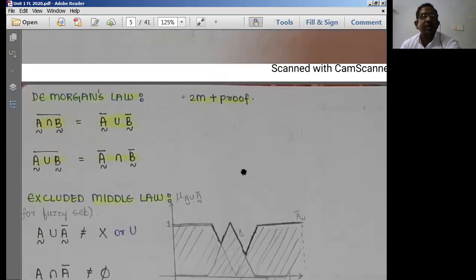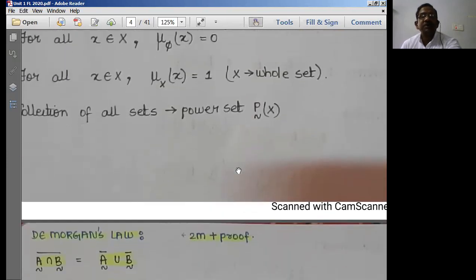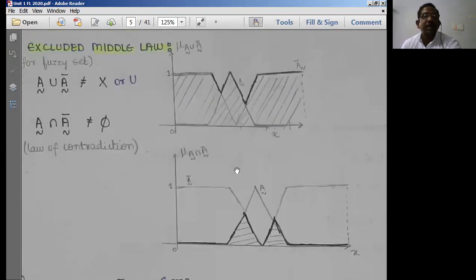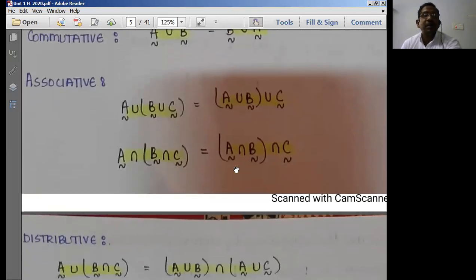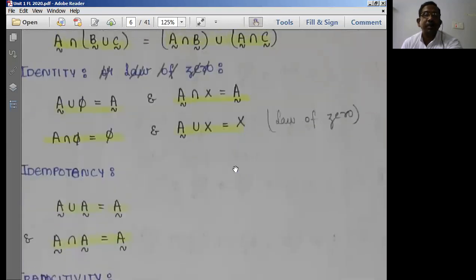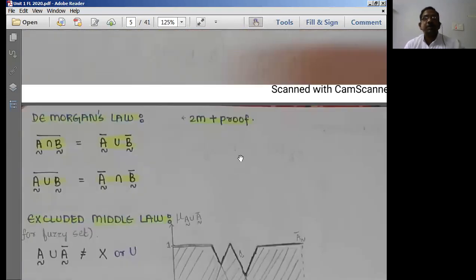Okay, so in the next class we'll go with some of the laws like De Morgan's laws and some of the properties of the fuzzy set like the commutative property, associative property, and distributive property of fuzzy sets. We'll discuss more on these particular properties. So we have the basic theory regarding fuzzy sets, and we have the operations on fuzzy sets, and we have the properties of fuzzy sets in the first unit. So by completing properties and all, we'll be completing unit number 1 in fuzzy set theory. Thank you very much for today's session.